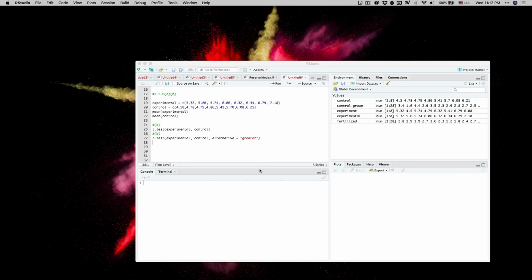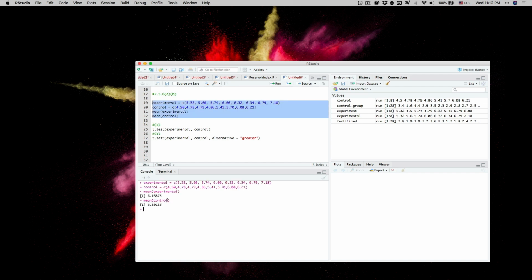I also assigned 7.5.6 as a homework problem. I only assigned the first two parts, part A and part B. I want to compare the difference between directional and non-directional in the R code implementation. So first of all, you have to scan in all the data and make sure you have typed in the data correctly. So part A is a non-directional t-test in which you don't have to specify anything in terms of